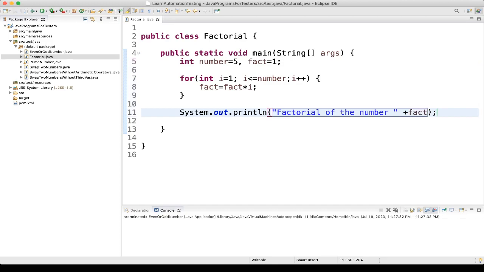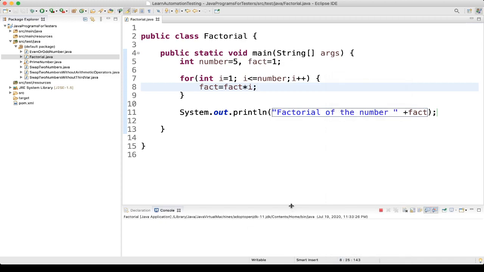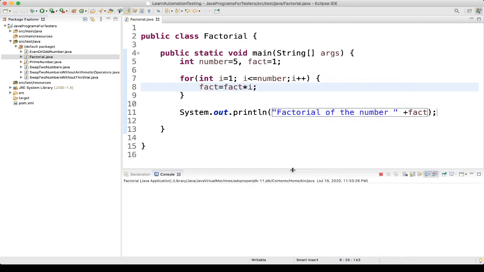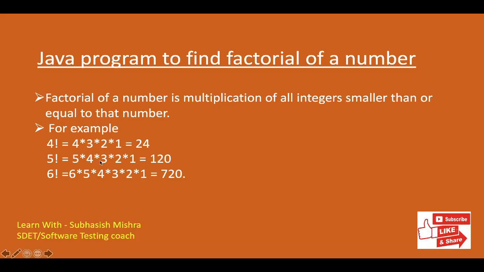So we are trying to find the factorial of 5. Let's execute. What we got? We got 120. So what I was telling, 5 into 4 into 3 into 2 into 1 equal to 120.